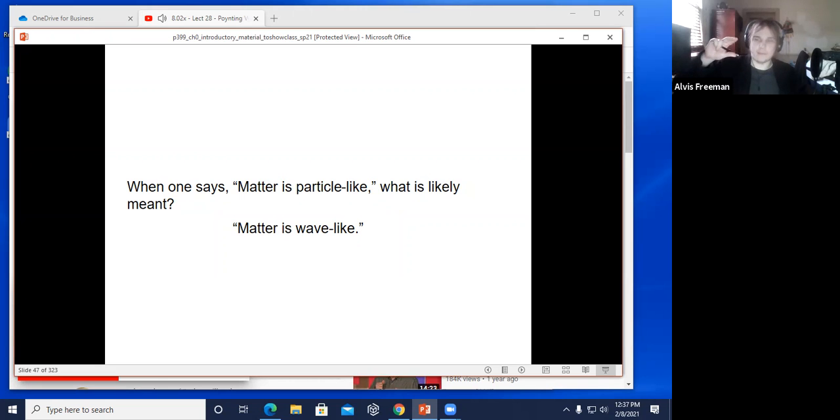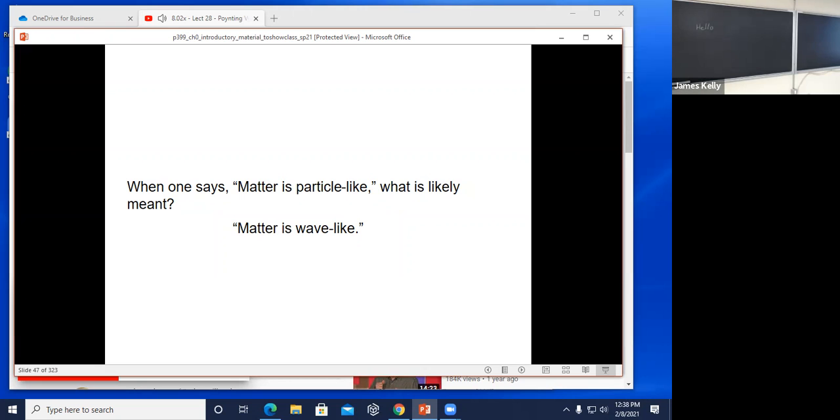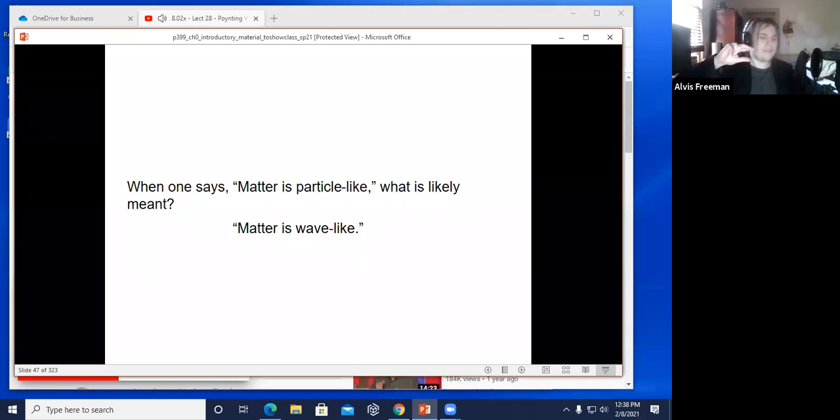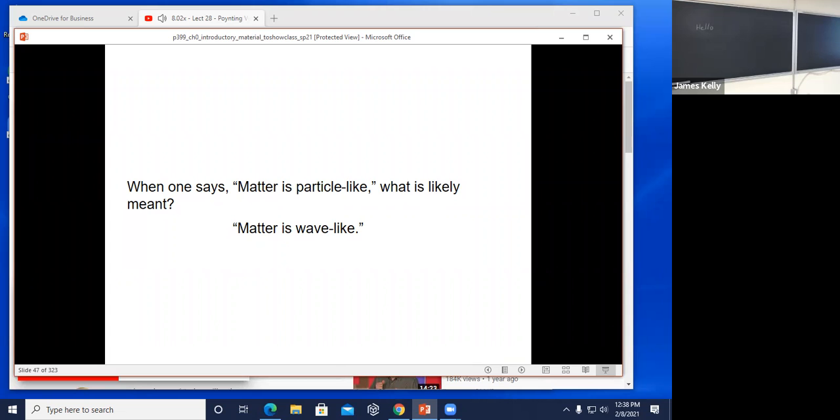Electric flow or electric current. Sorry, Alvis, did you say electric flow? I suppose the more accurate word is electric current, but yes, essentially that idea. Yeah, there could be a wave-like motion in electrons. Certainly, if you think of